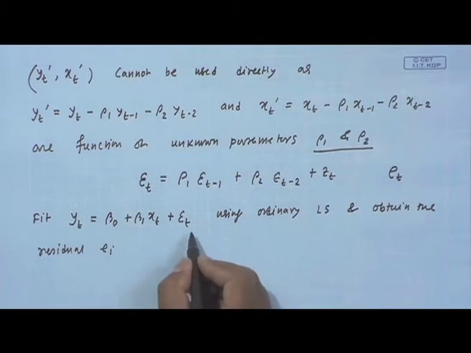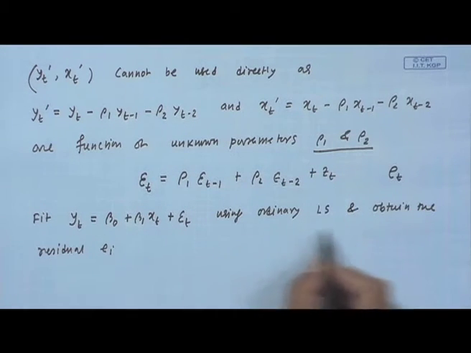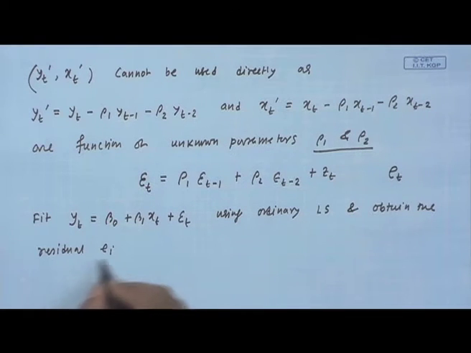So, we will fit this model, ignoring the fact that they are autocorrelated. So, you fit this model, and once you have the fitted model, you can compute the residuals, and then you